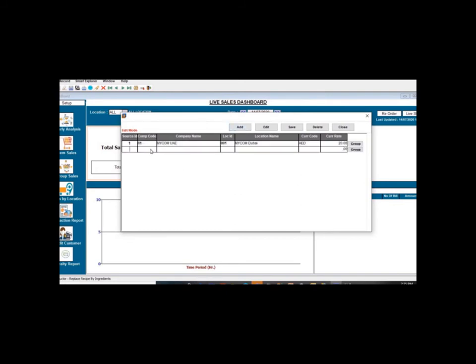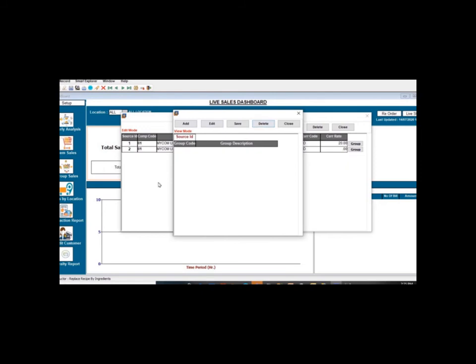You can add here the source ID to company code 01. MyCom UAE I will paste as it is. Location is 002, MyCom Abu Dhabi. Currency code also you can give as AED and the current currency rate.